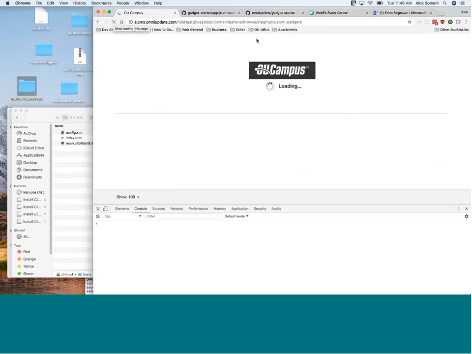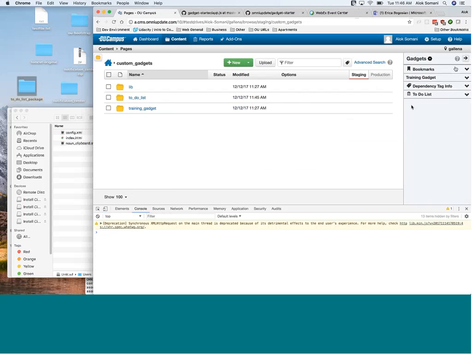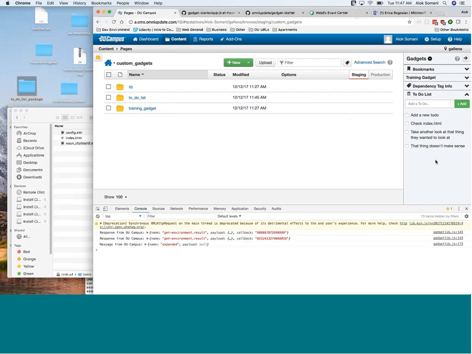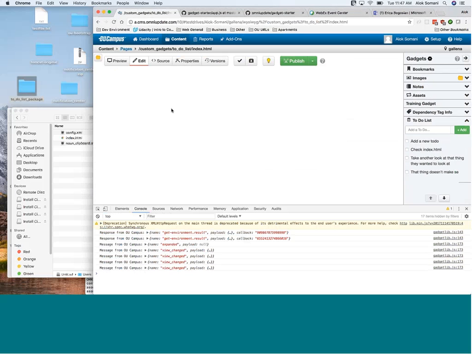And if I am to refresh the page and look at it, to-do list should exist. Look at that. This is a to-do list that would allow me to add a new to-do. It would allow me to mark one as done, delete it if I want to, or I could edit it and change it. This is all built in OU Campus. I actually built this using our editor here. If I look at the index.html file,